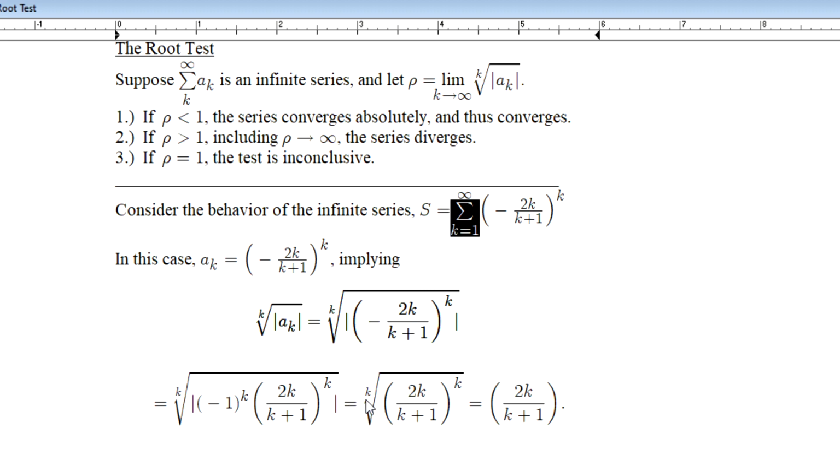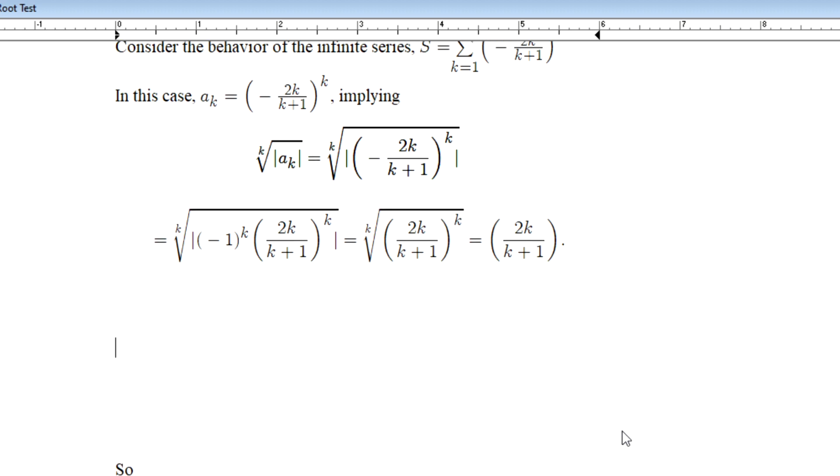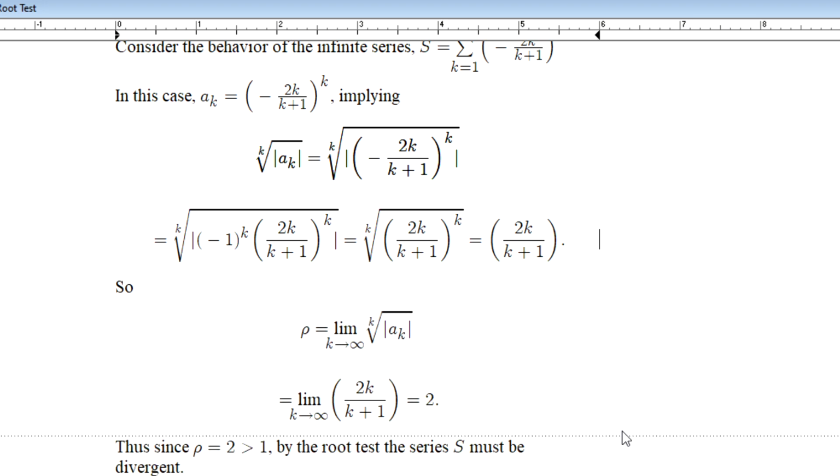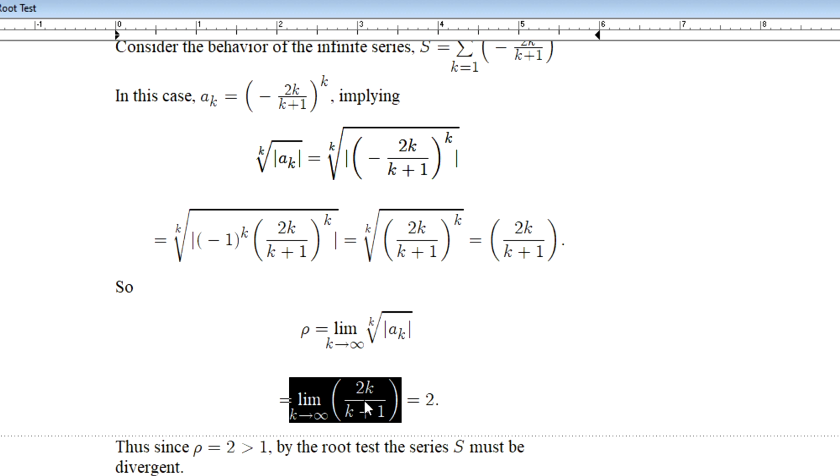So then if we take the kth root of this quantity raised to the kth power, the kth root and the kth power are now going to cancel, leaving us with this result, 2 times k over k plus 1. If we come back now and consider that as the argument of our limit, the value of rho is equal to the limit of this result,